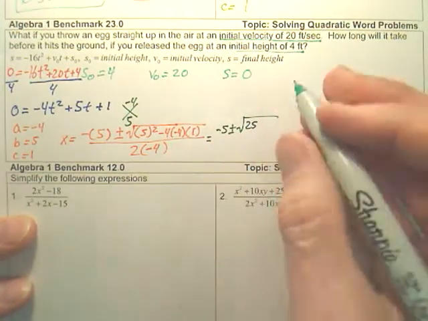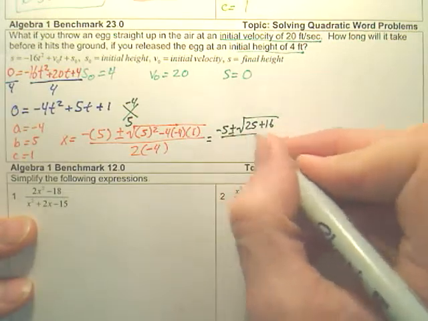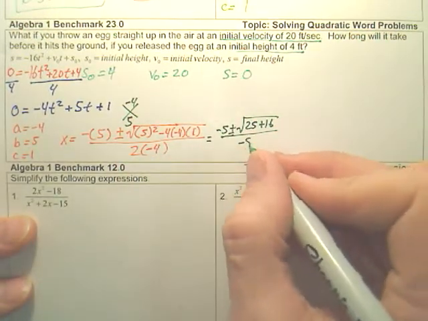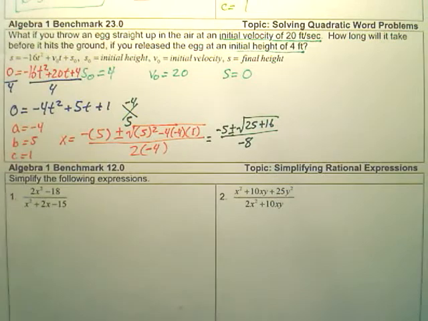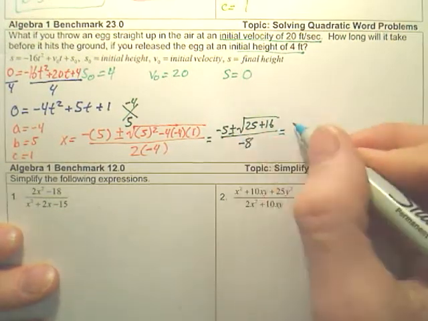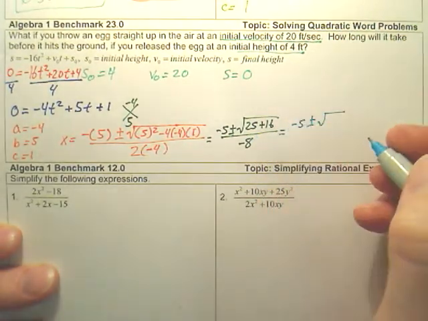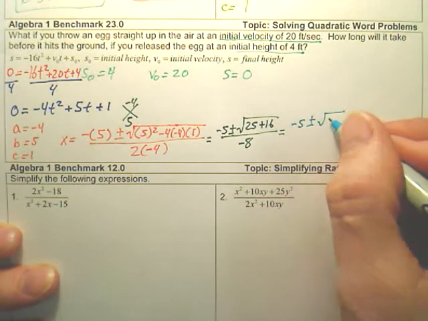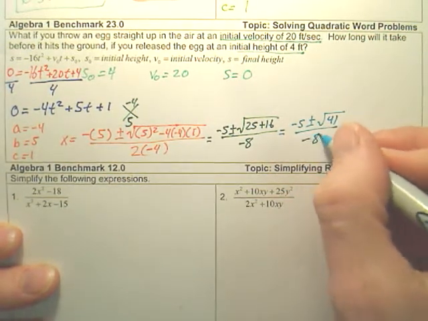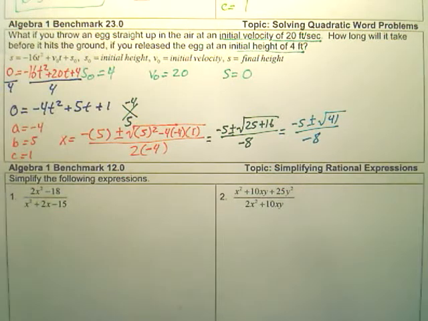So to solve this, you get negative 5 plus or minus, that's 25. This right here would be like 16. And that looks like negative 8. And from there, it looks like we have negative 5 plus or minus the square root of, when you add this, it looks like it's going to be 41. Now, you cannot figure that out. But if I use a calculator, I get negative 5 plus the square root of 41, and if I divide that by negative 8,